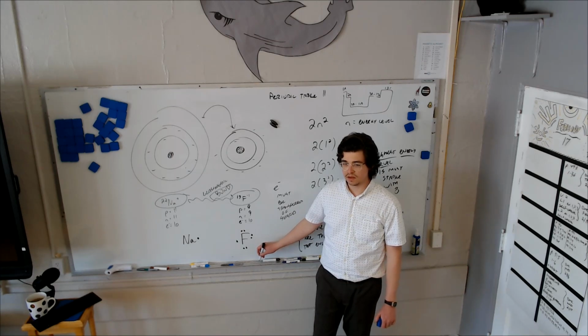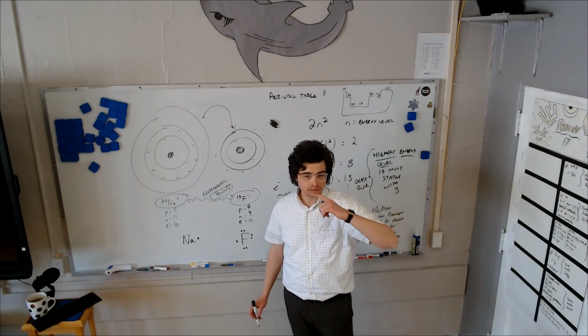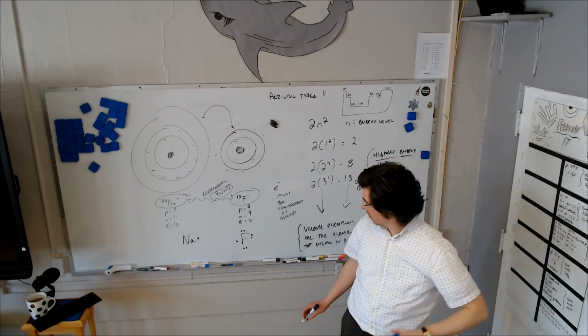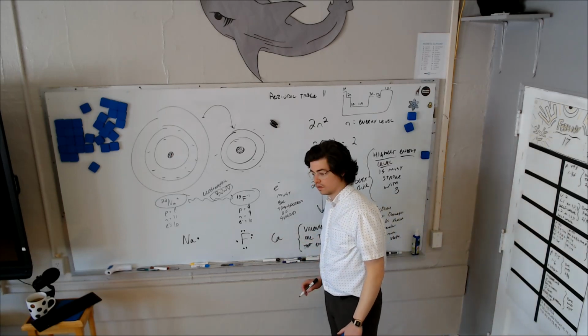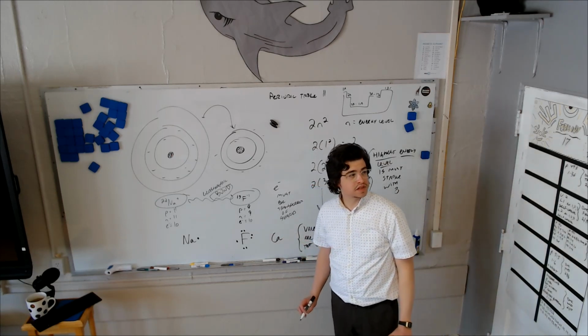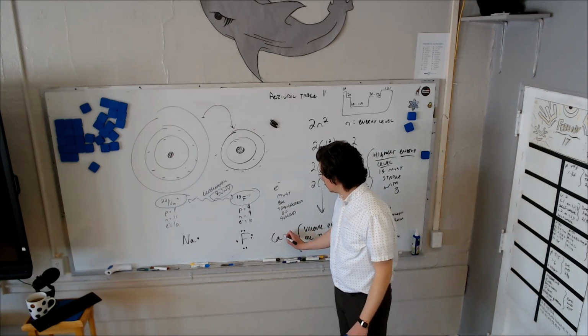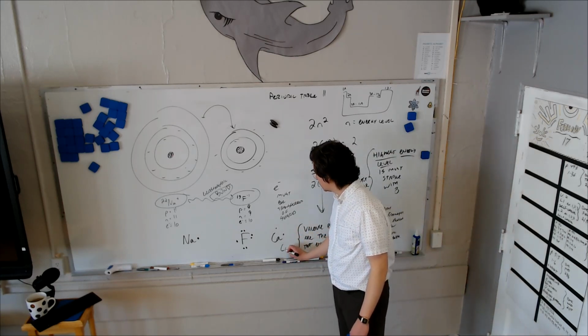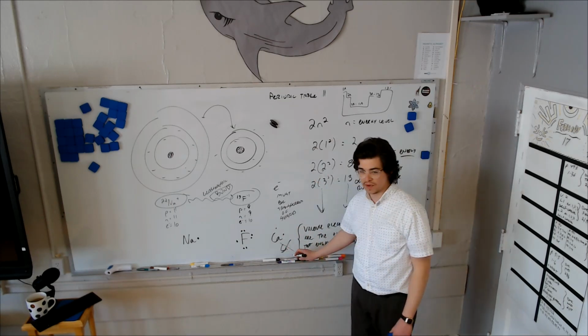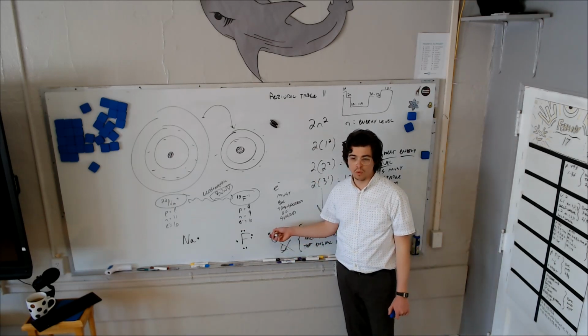Does that make sense? So like look at calcium. You see calcium. How many is it going to have? Calcium is number 20. 2. It's going to have 2. So I would do this, not this. You see what I mean? All of them have to have 1. We put 1 on each side before we put 2 on any of them.